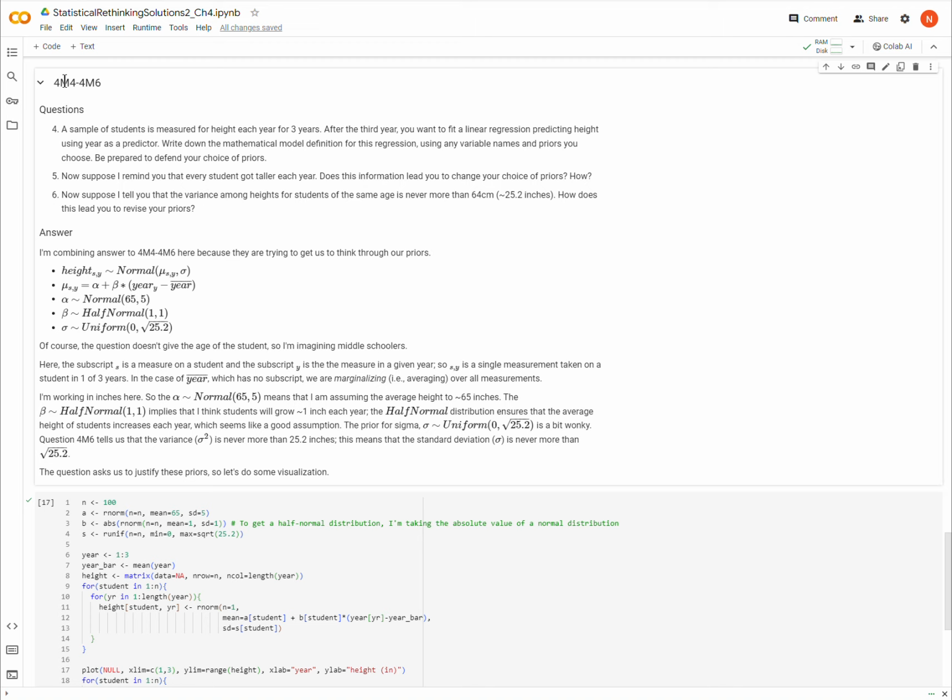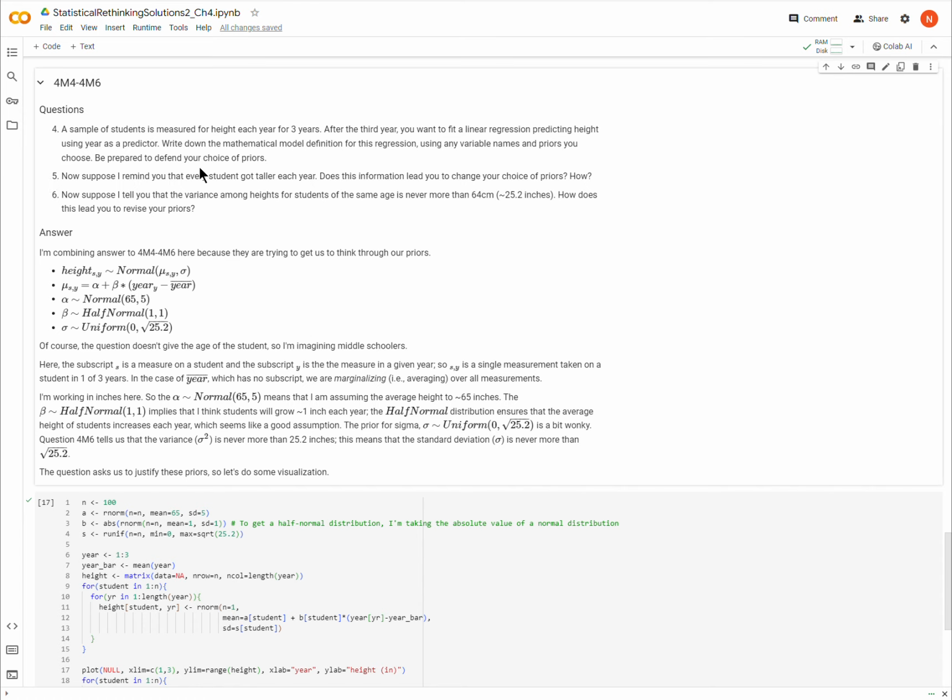Tackling now questions 4M4 through 4M6 of the second edition of Statistical Rethinking. 4M4 is going to ask us to build a model predicting student height over 3 years. And it's going to ask us to defend the priors that we choose for that model. So we'll get into that. And questions 4M5 and 4M6